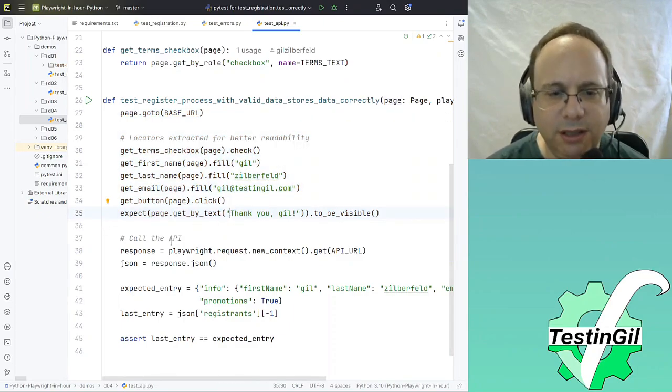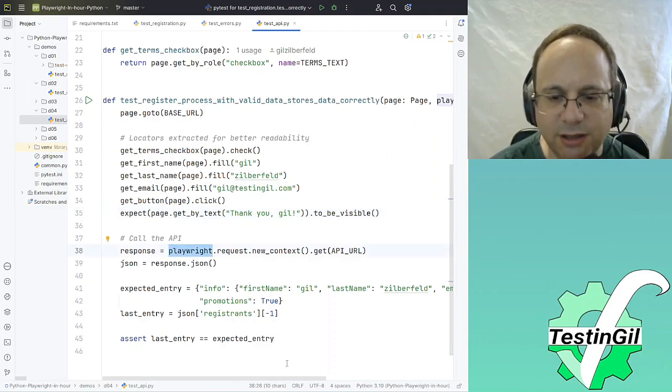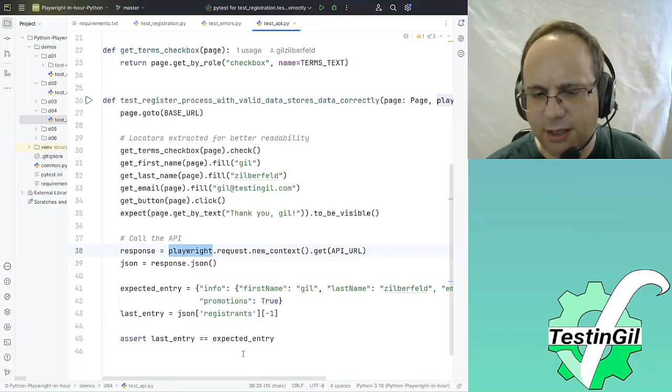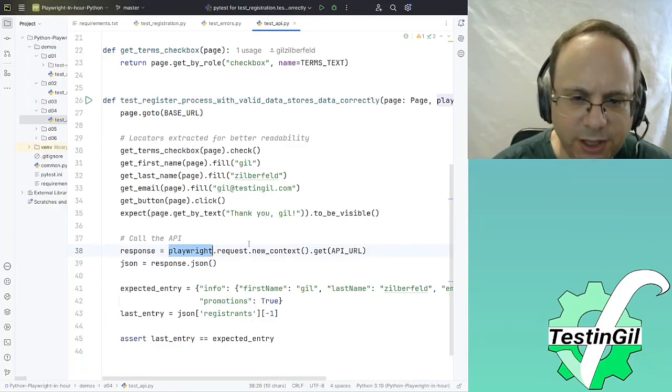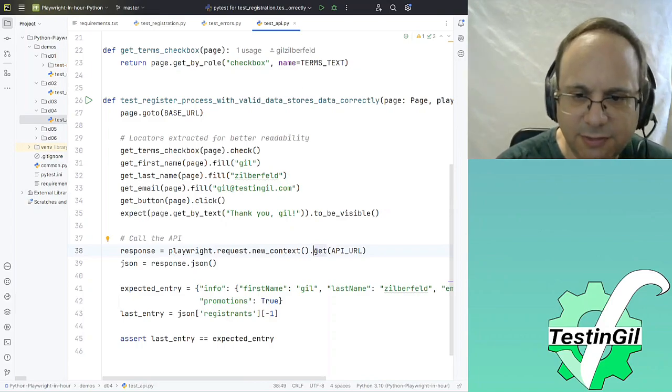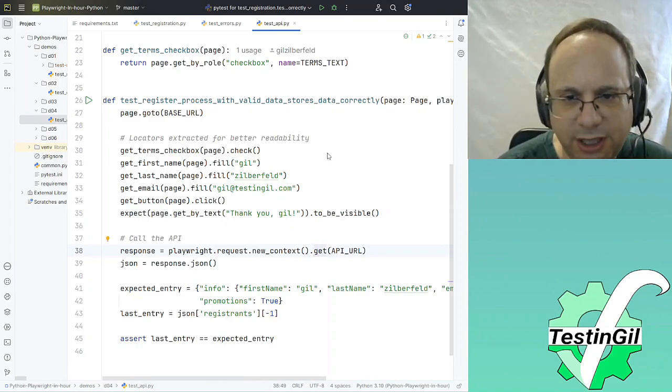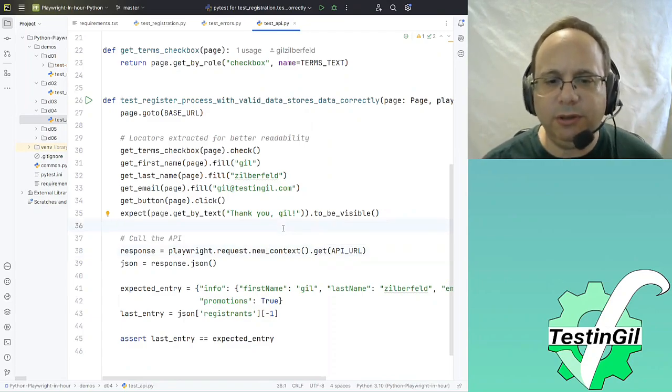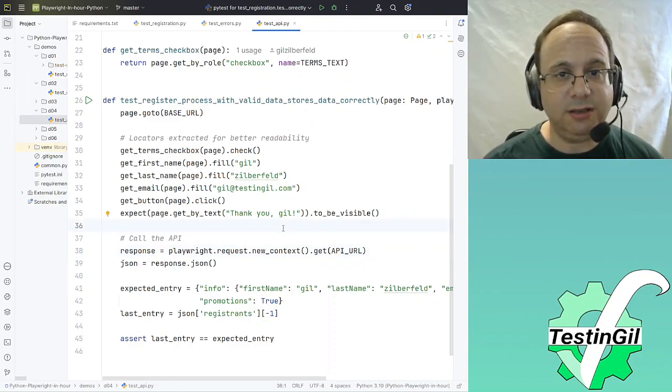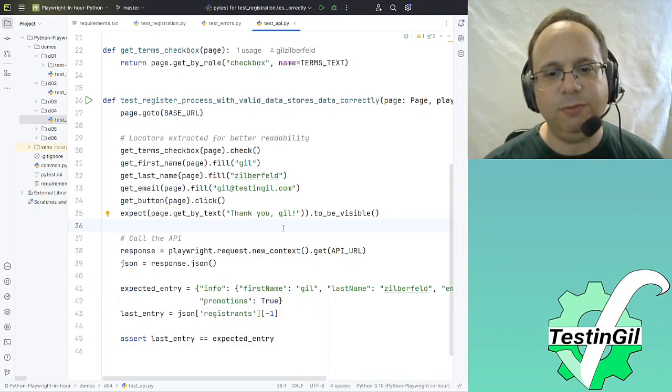But here you can see that I'm using playwright, which is injected here as a fixture as well, and I'm using playwright.request.newContext.get. Here I can get, put, head, post, patch, whatever I want. So it's a wrapper. Playwright treats each test as running in isolation, in a context and a browser.